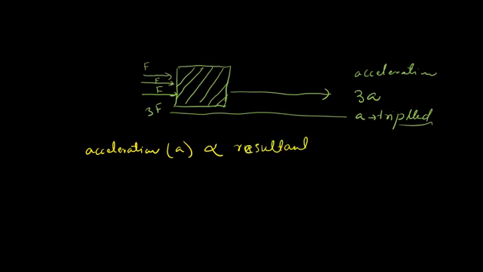It's directly proportional to the resultant force F, or in other words we can say that acceleration is directly proportional to force F. Okay, so this is one result of our experiment. Now again we can repeat this experiment, and let's suppose the acceleration of an object also depends on the